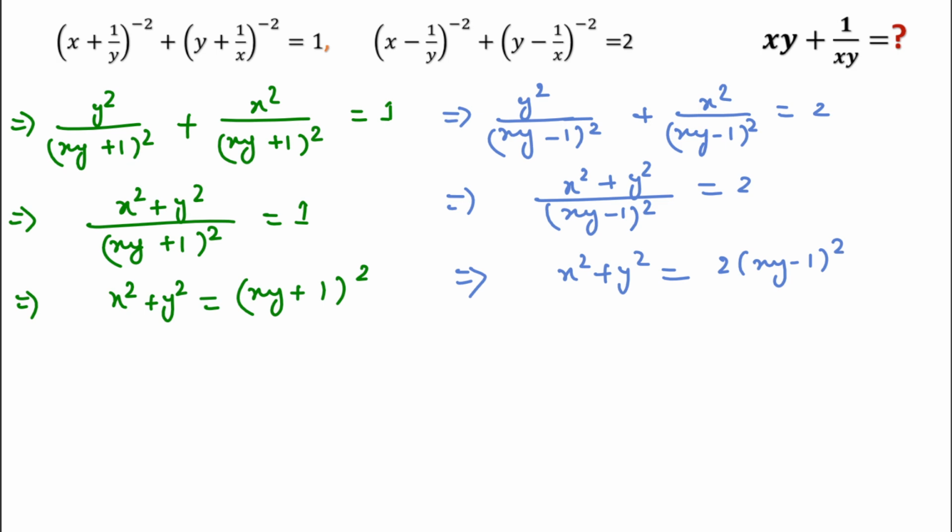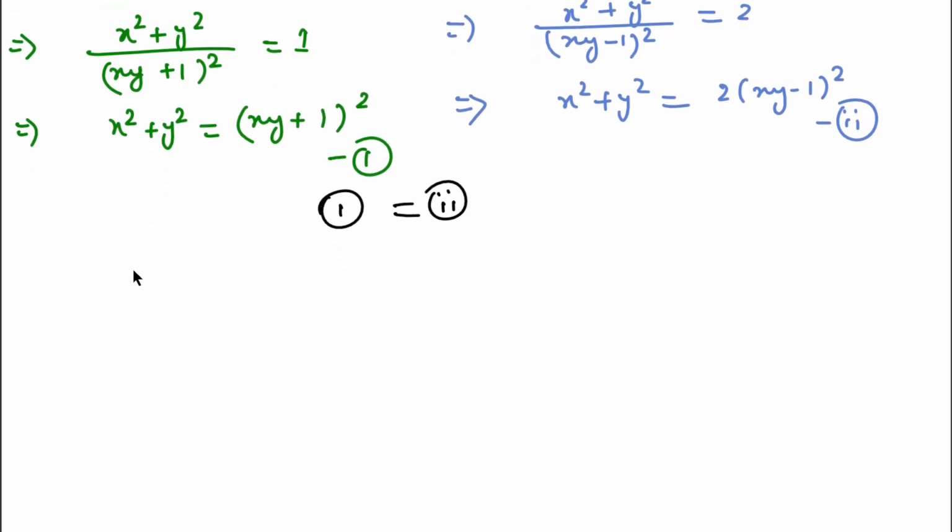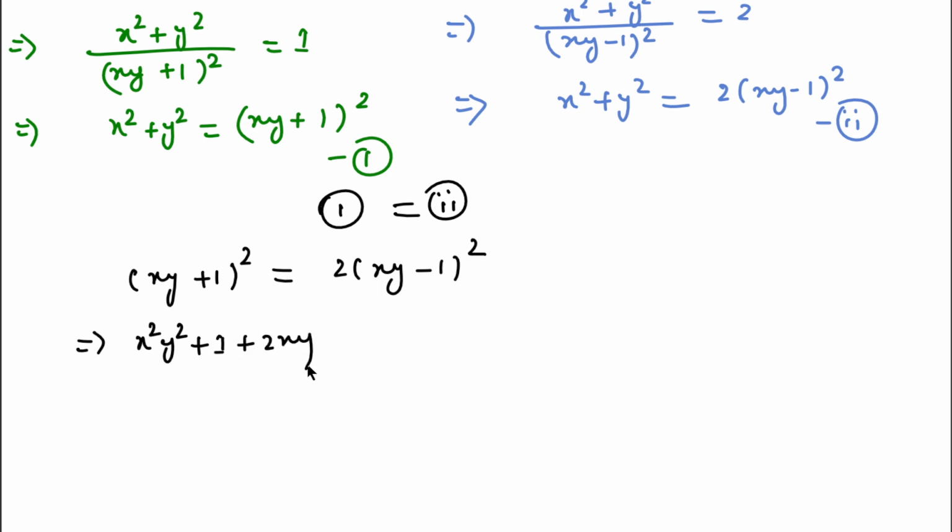As we can see, if we consider this is the first equation and this is the second equation, then we can say that first equal to second. If we do this, then we will write (xy plus 1) to the power 2 equal to 2 times (xy minus 1) to the power 2. And here using the (a plus b) whole square formula, we can write x square y square plus 1 plus 2xy, and here we will write also x square y square plus 1 minus 2xy,